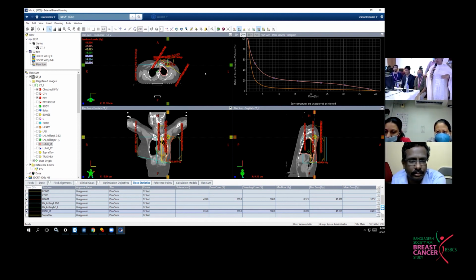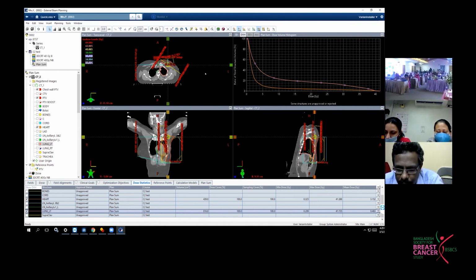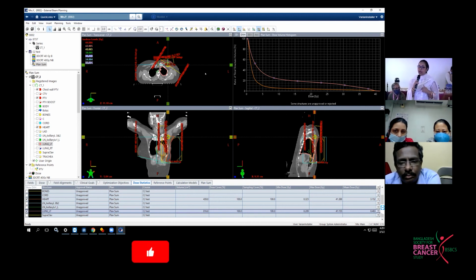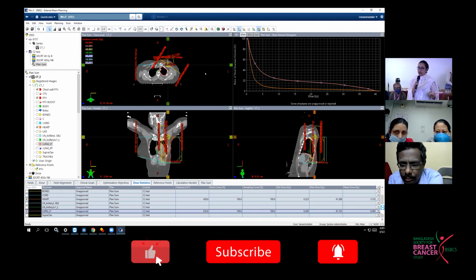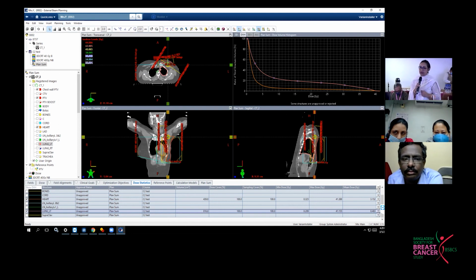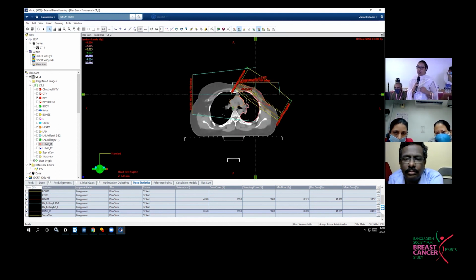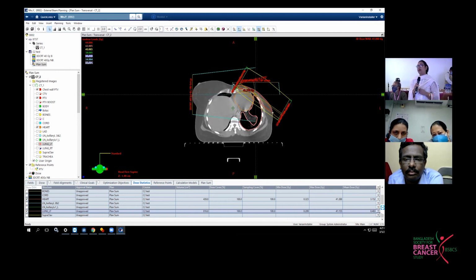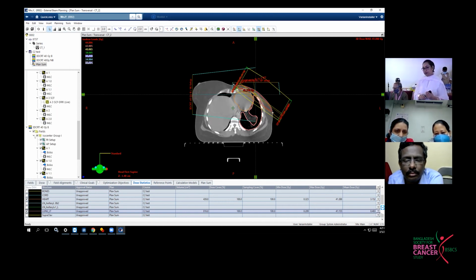One question for myself. Actually, when the lateral border is much posterior, we see that lung dose is much higher than what we expect. So if we have to go back due to the large base or the volume, how much lung volume will you accept, and will you compromise the volume or will you compromise the lung dose?